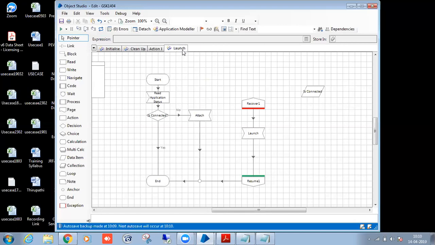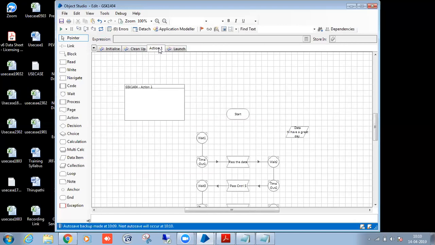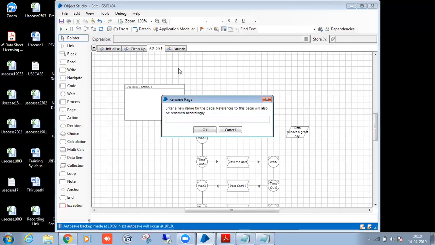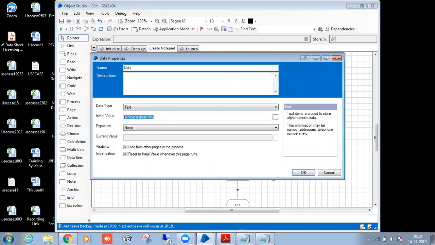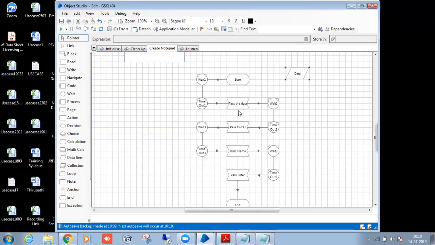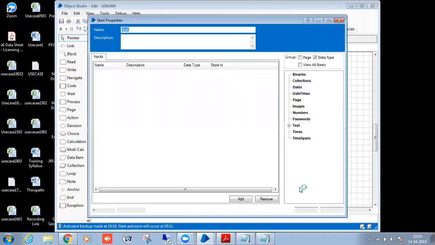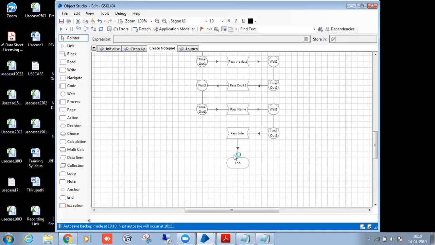If you want to see this action in the process, you have to publish it. As I told you, this data has to pass through my process. So I will create these input parameters. These are the input parameters. These are the output parameters.